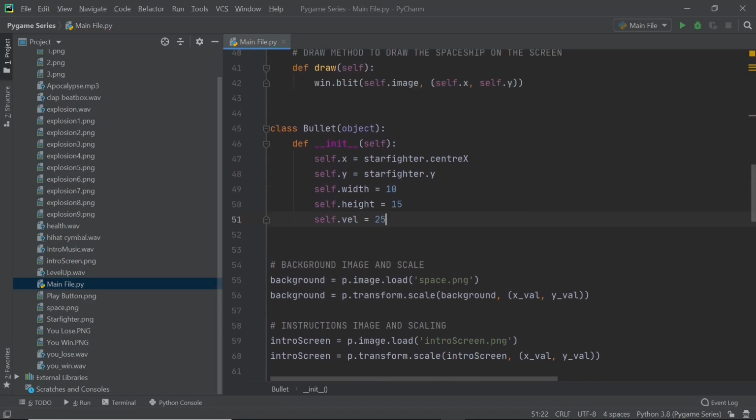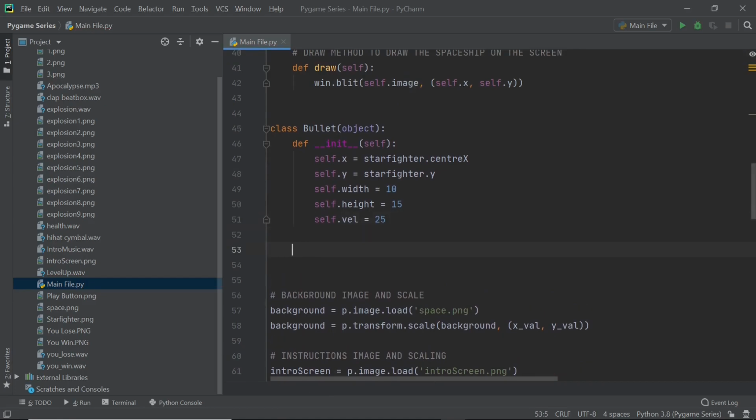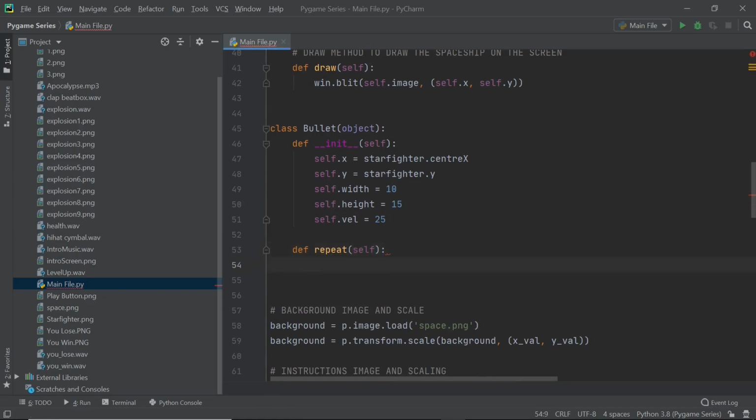Okay, and once you have all this in place, now you're going to have to declare a new method, and I'm going to call this method repeat, okay? And this method is going to be very, very simple. It's going to check whether the bullet has hit the top of the screen or not. If it has hit the top of the screen, then it's going to delete that particular bullet. But if it's not hit the top of the screen, then it's going to keep that particular bullet. Very simple. And the way we're going to do this is to just say if